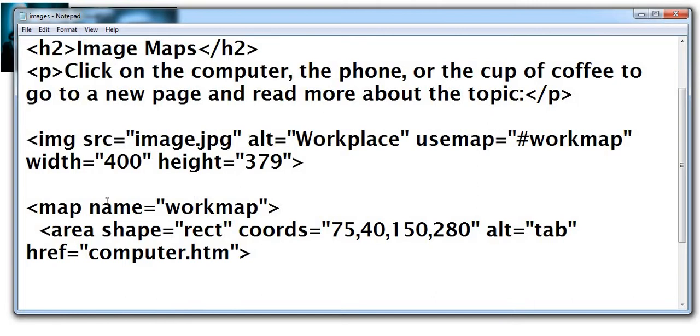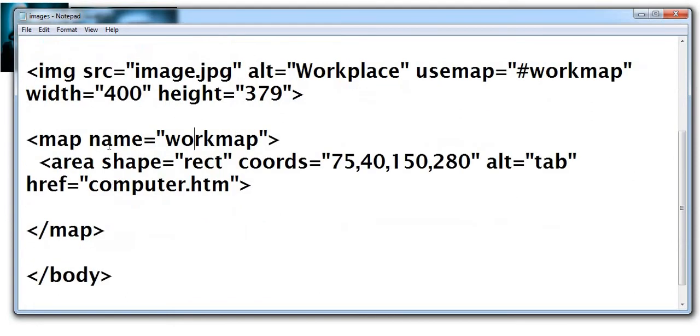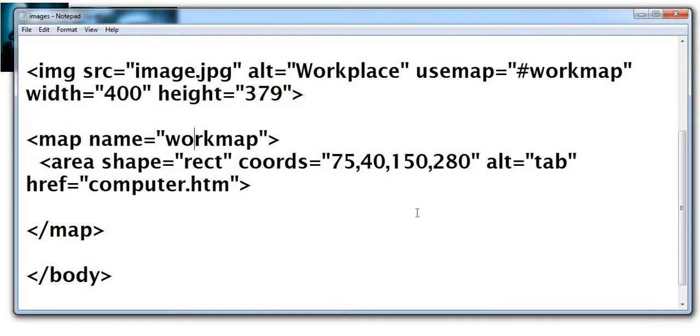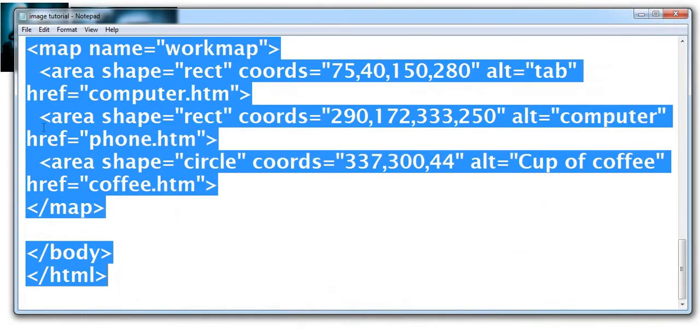So now moving to the shape. If we say that the image we use here is a map, then we give the attribute name to the map, so it can be included in the first code. Now, for a particular area in the image which you want to click, we first need to know which kind of shape it is: circular, rectangular, or a polygon. So right now I will go ahead and go to this tab.